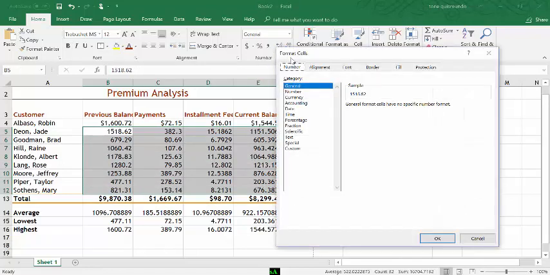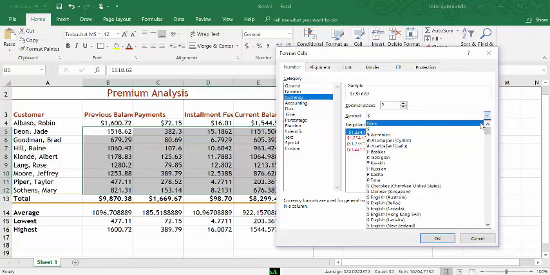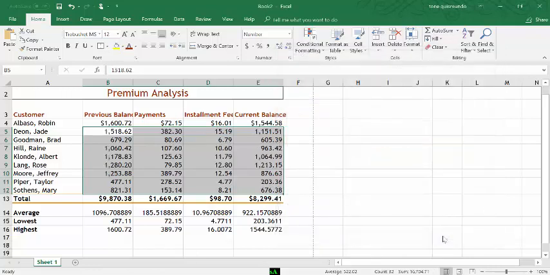Click the More button. We'll choose currency. We'll tell it that we want it to have 2 decimal places with no symbol. And there we go. All right. The next thing that it's going to ask us to do